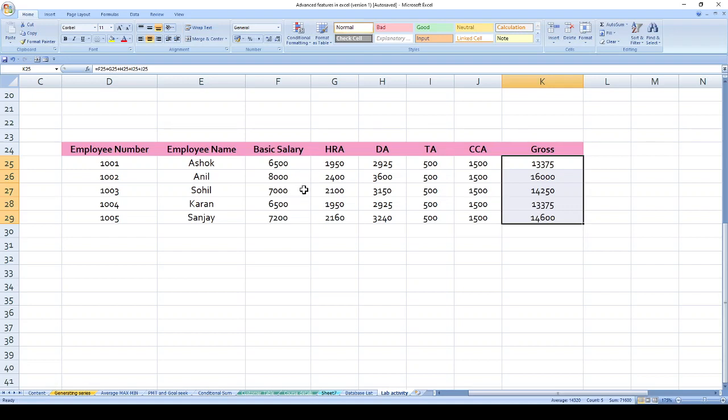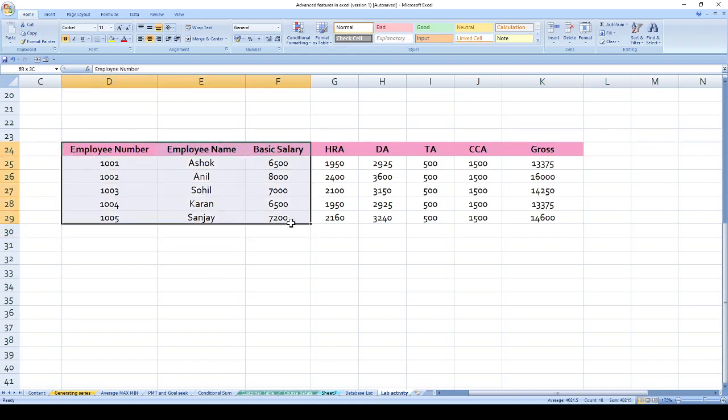You are asked to calculate the HRA, DA, TA, CCA and gross from this particular table. So these three fields are given in the lab activity.